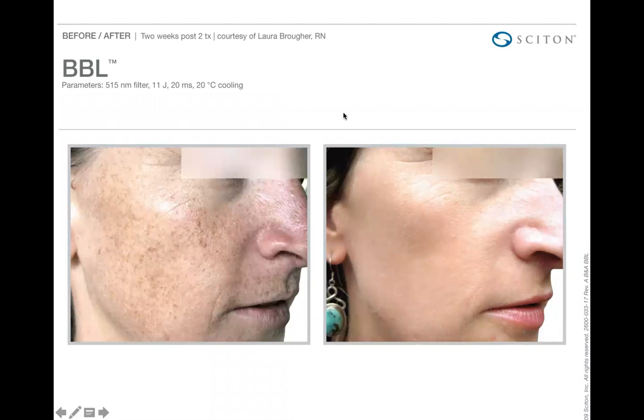So this is BBL. BBL stands for broadband light. And what it does is it pulses just this visible spectrum of light. Very safe light. It's not UV light. It's the same white light that you guys see in your rooms right now, but we just use certain wavelengths. We filter out certain wavelengths that we want to use that are highly absorbed in different discolorations of the skin. So, we can use wavelengths that are highly absorbed in pigment, for instance, like this patient, and really target the